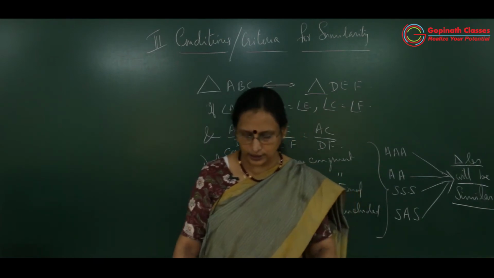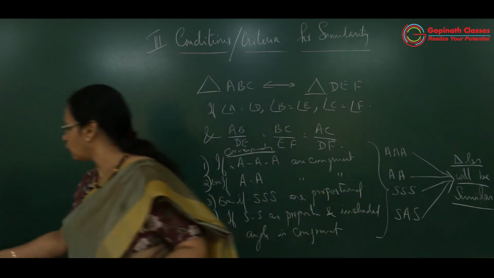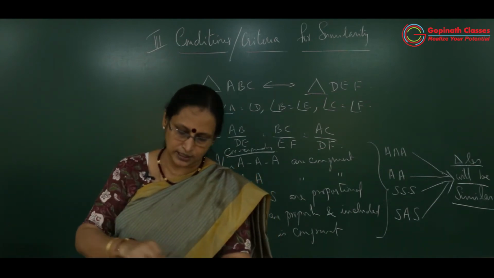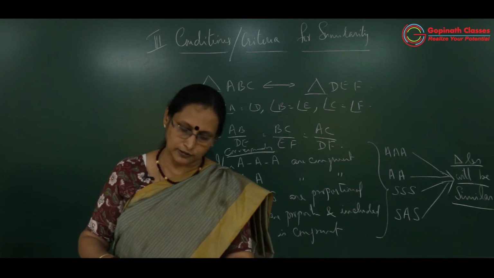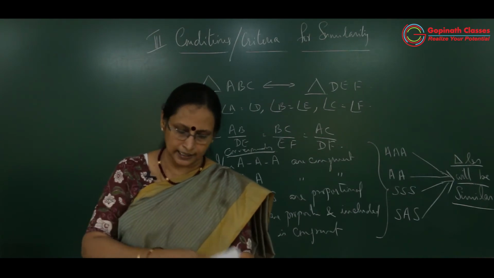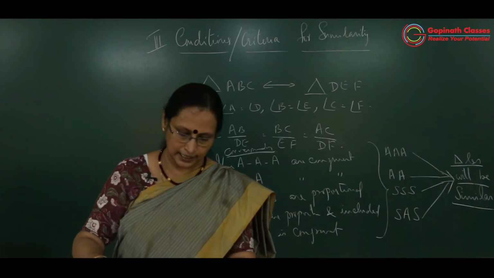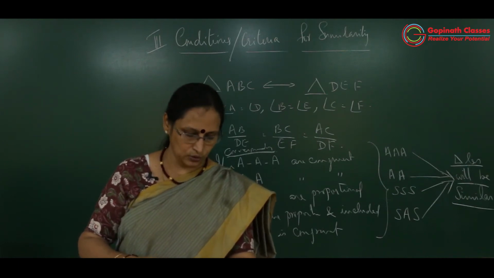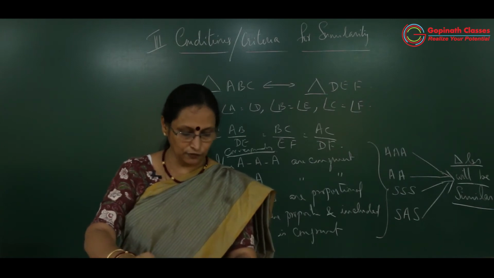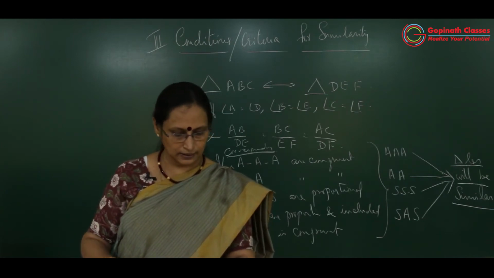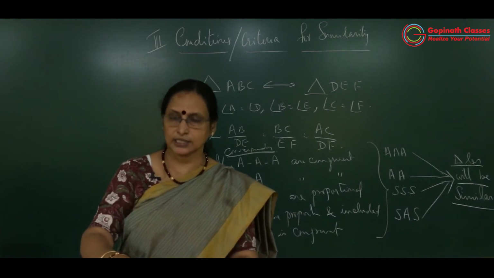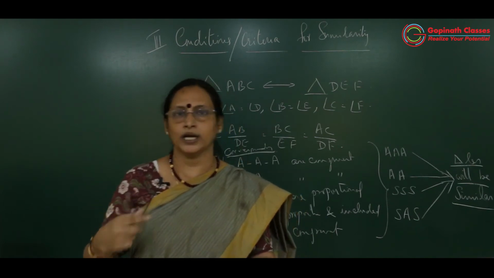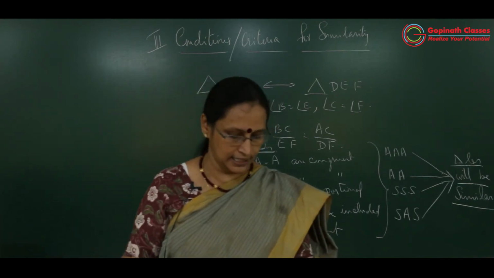You can read through the theorem in the textbook, 6.3, 6.4, all these things say the different criteria for similarity of triangles. You can just read it. It's not with proof. 6.3 is angle, angle, angle. Then 6.4 is angle, angle. I think it is SSS. Then AA is a corollary result. Then comes 6.5. That is SAS. So these conditions are explained. You just have to read the theory part of it. No need of learning the proof, because proof is not in your syllabus.